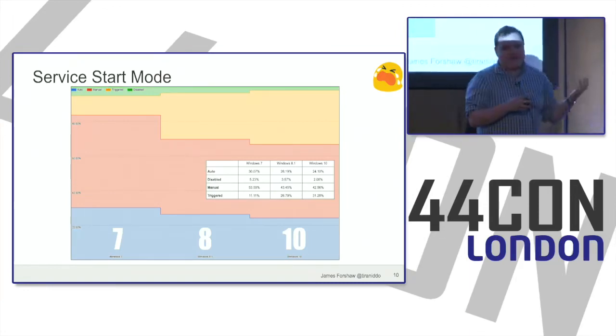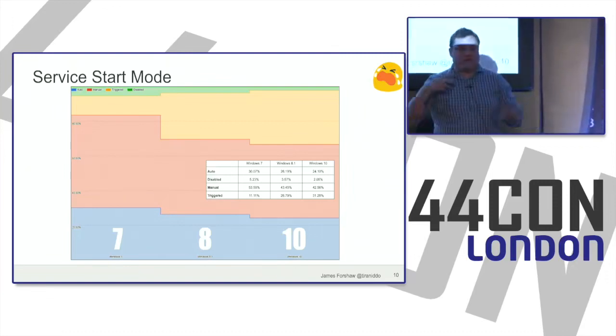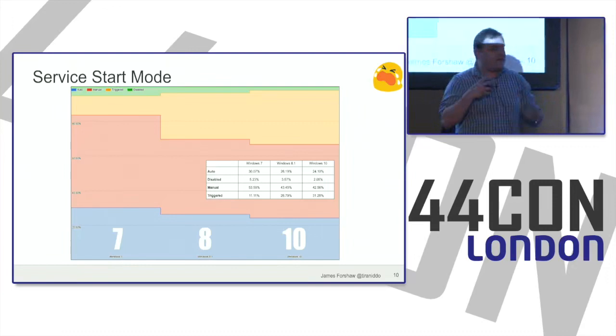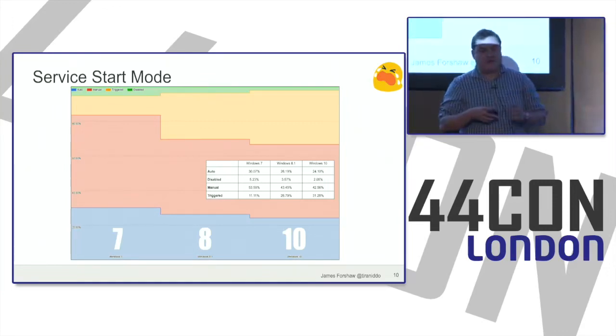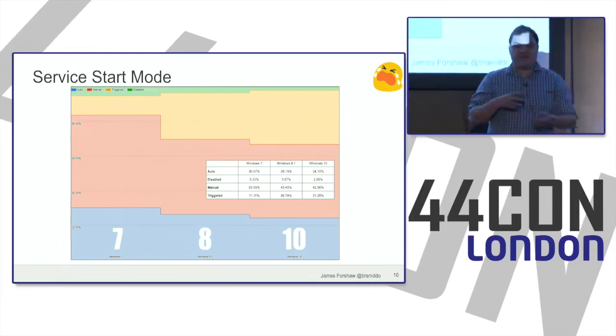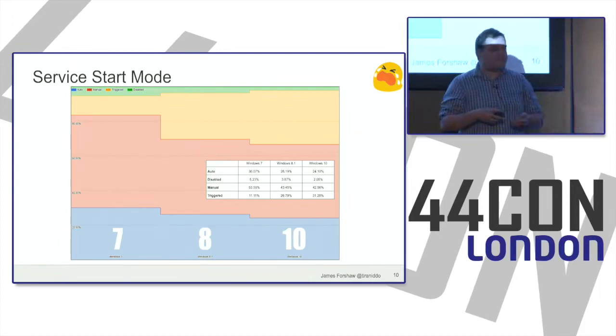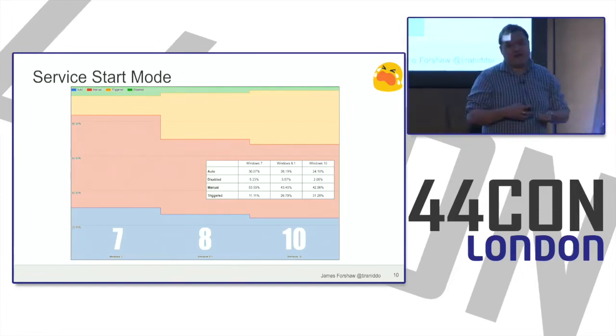The way you do that is you look at the start mode of that service. A service can have a particular start mode, and it's usually split into 4 main groups. You have the automatic start mode. These are services which will automatically start when you boot your machine. Now you have manual start mode. And manual start mode is a bit of a misnomer. Yes, it can be that an administrator has to come along and say, start this service. But it could also be in response to certain actions. For example, if you have a COM registration which registers to a local service, it may start a service for you in response to trying to access a local COM object.